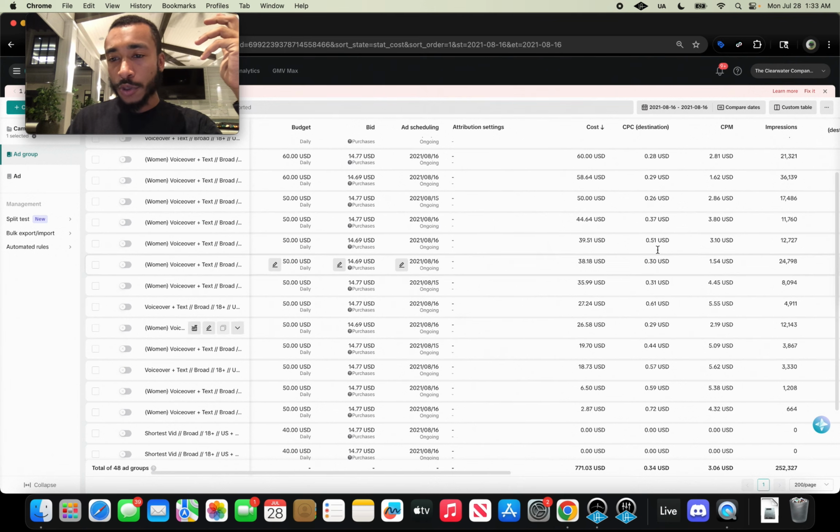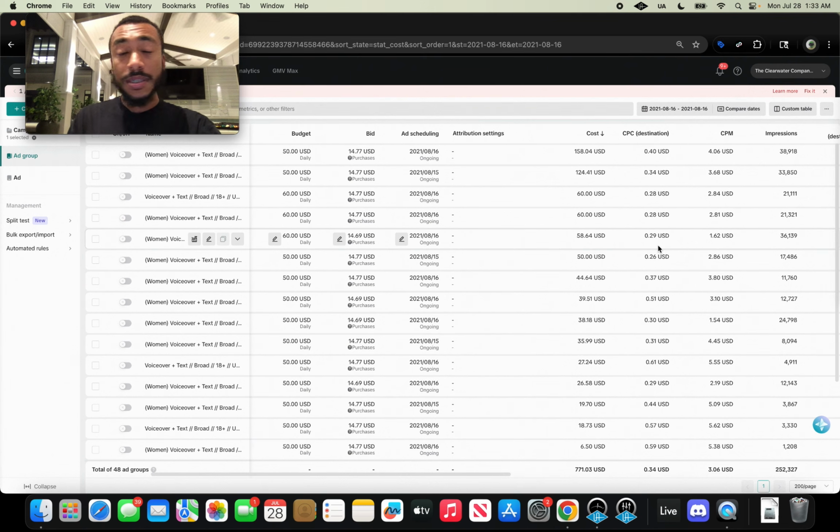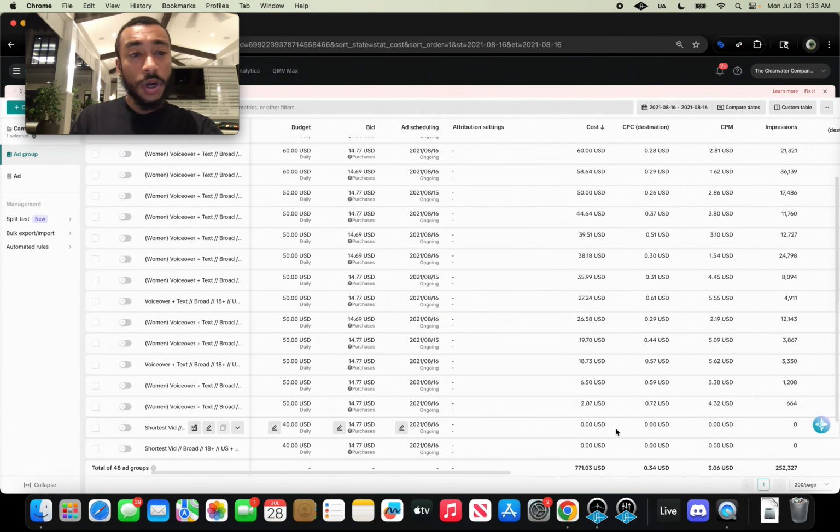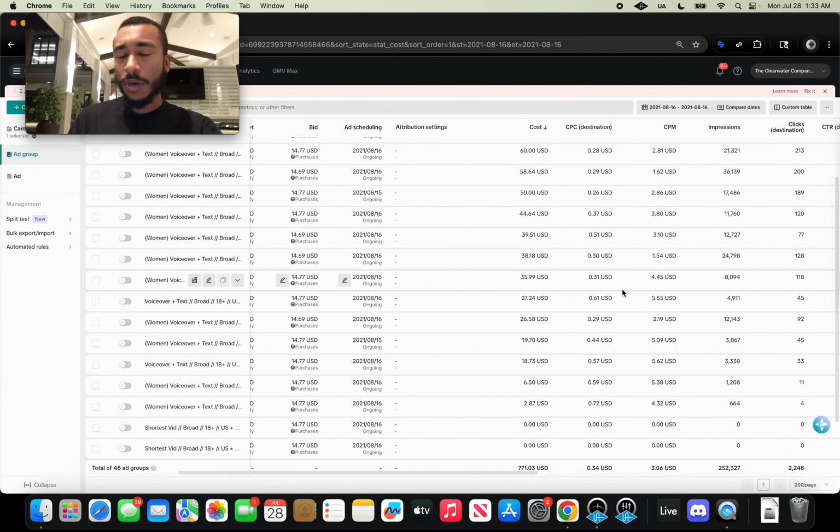I'm getting 20, 30 cent cost per clicks, and this is consistent across the board, as you can see, at scale. 800 in this one ad group, just one campaign. I mean,